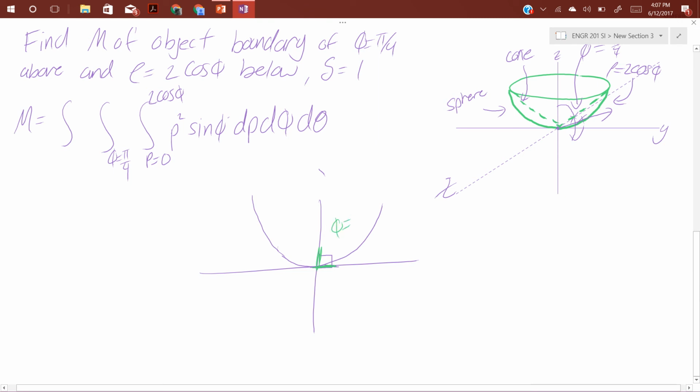Phi equals pi over 2, so that's 90 degrees. That's where we exit out when we go out here, because that's the largest angle that it is when it